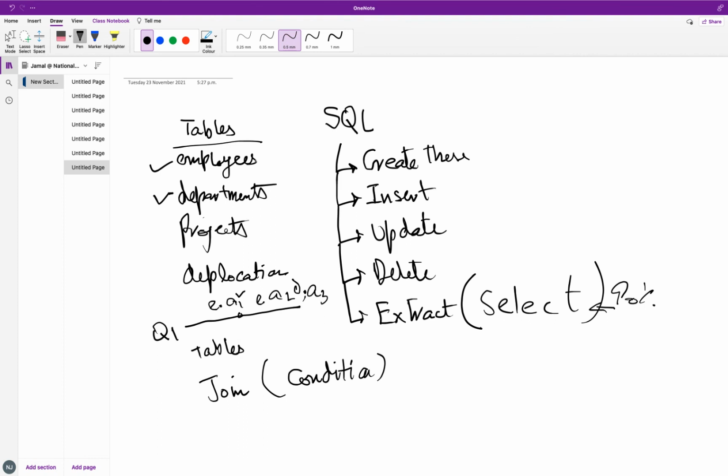Because you require some common information. Even if you can write a query for 2 tables, the results would be 0 because there is no common criteria between the 2 tables. Common criteria means a common attribute. When I say common attribute, it doesn't mean the name of the attribute should be the same.